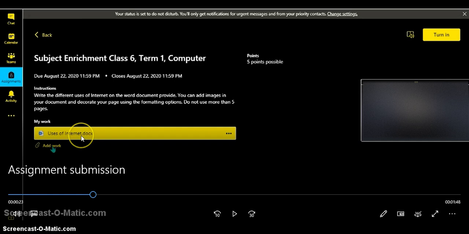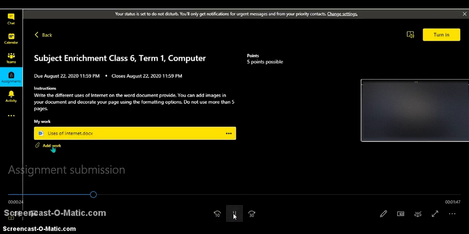So first option is, as I have shown you, you can open this Word document and you can type on that. Second option is, you can create a PDF or another Word document or any other document or a JPG or image file, and you can add it here. How can we add? You have to click on add work.